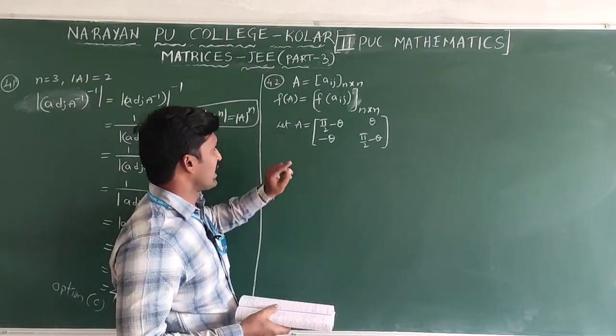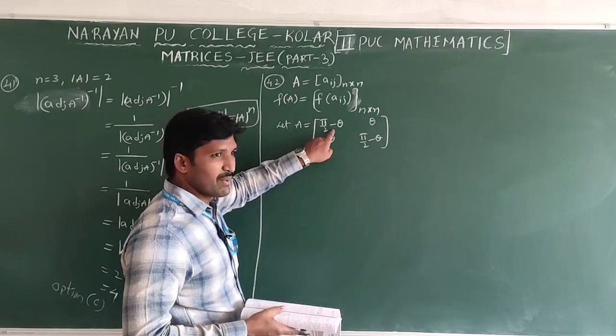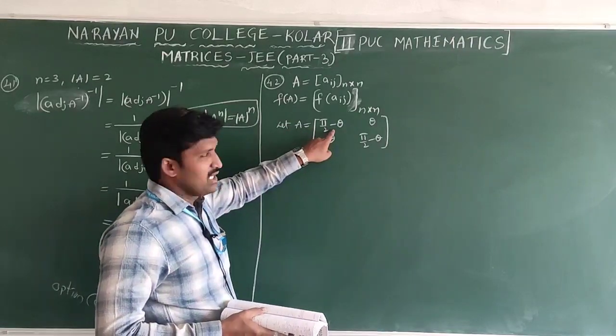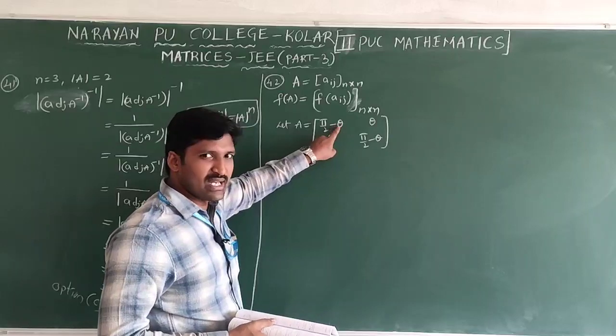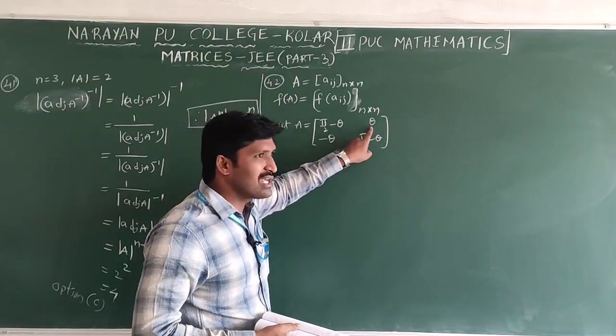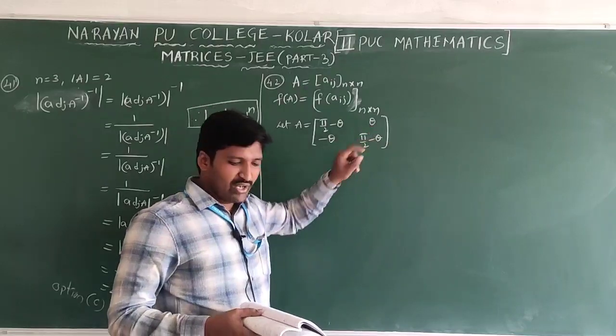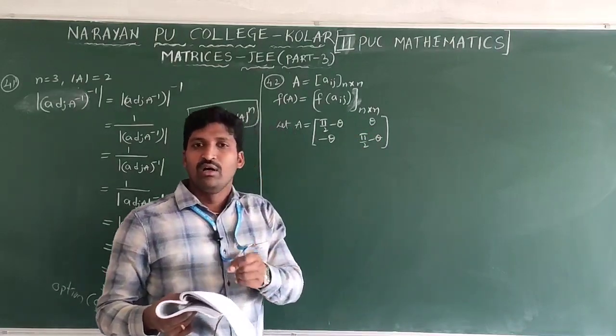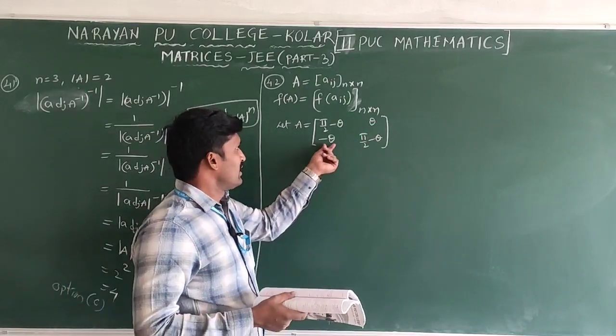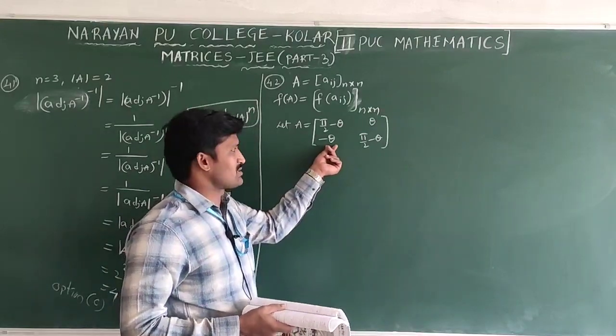Because sin A, if you take, now A, what is each and every element? Pi by 2 minus theta. Here you will get sin of pi by 2 minus theta is cos theta. Here only sin theta. That's why the first option is not satisfying. Reason: for every element we need to get sin A equal to cos A. We are not getting it. Here we will get minus sin theta, not minus cos theta.